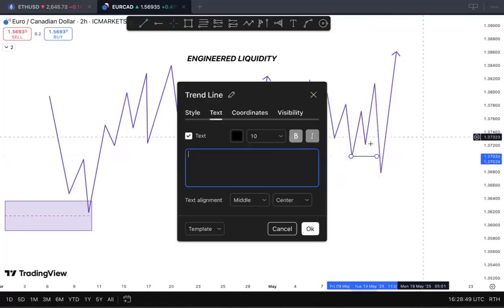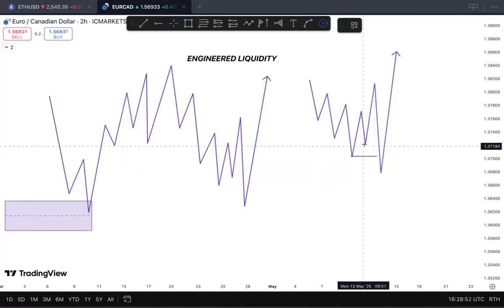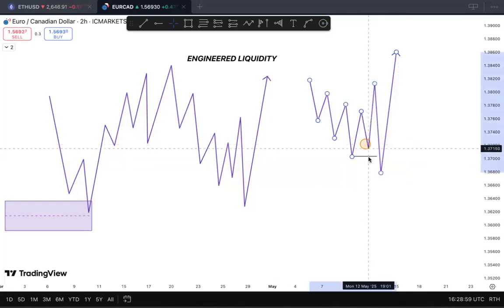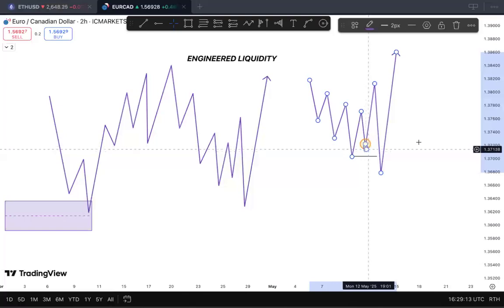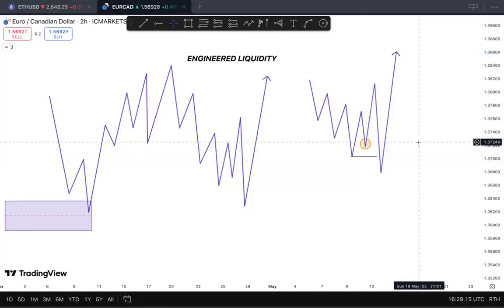Normally, because the market is trending downward, this low is supposed to come down, sweeping this, but it won't. It's going to protect it. It's going to come somewhere here or sometimes around here. When you see something like this, know that that point is an engineered liquidity. The market has given you an engineered liquidity. So all you have to do is to what? Buy. So this is how to spot an engineered liquidity.